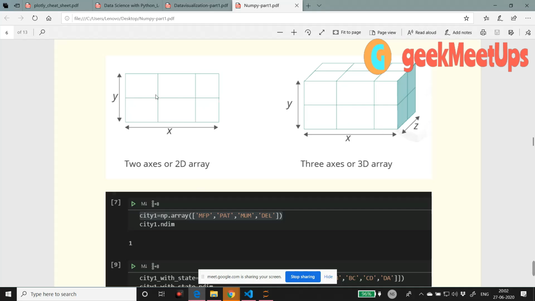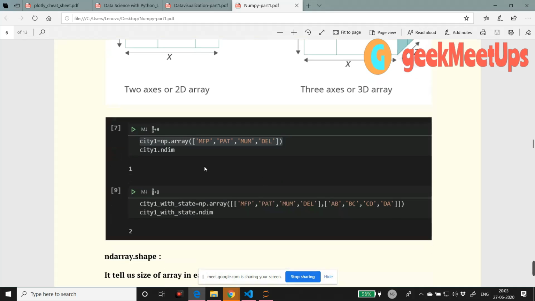Here this is a 2D. I have written this in your WhatsApp chat as well. Suppose this is a rectangle. This rectangle has length and breadth, where breadth represents the x-axis and length is the y-axis, that is height. If you consider 3 axes or 3 dimensions, then you can assume the figure of x-axis, y-axis and z-axis. You can think of it as a cube. So this is z.